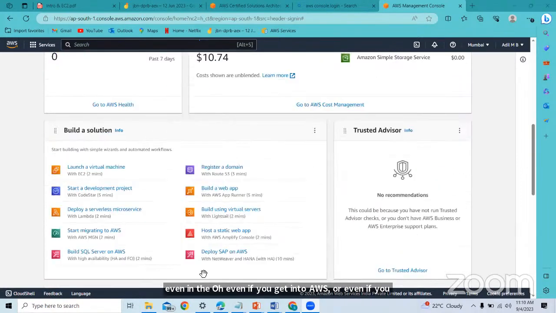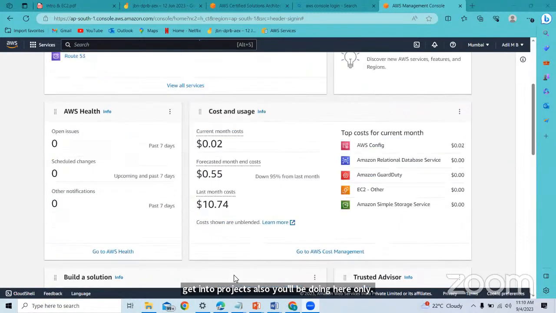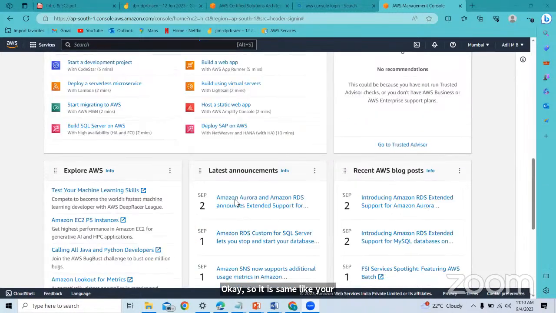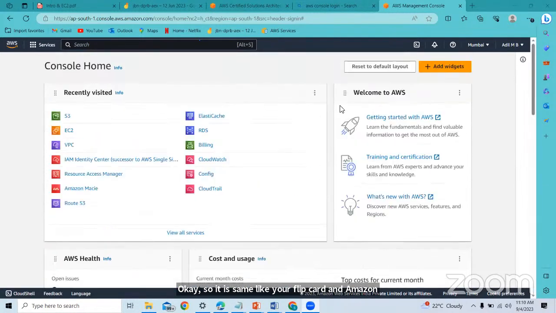Once you get into any job, they'll give you the console access. If they ask you to implement services, you will be doing this. It is just like your Flipkart and Amazon website. It's very easy to learn, very easy to browse, and all the details are available. So let me show you the services.